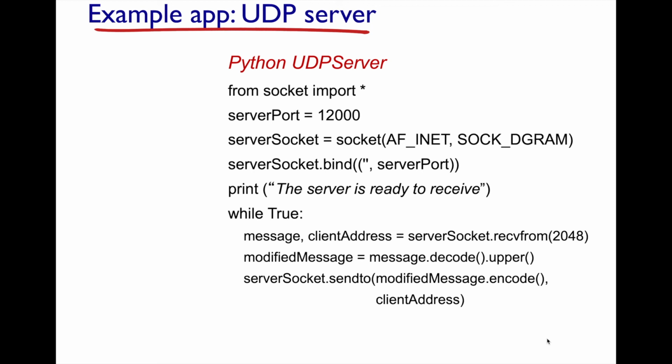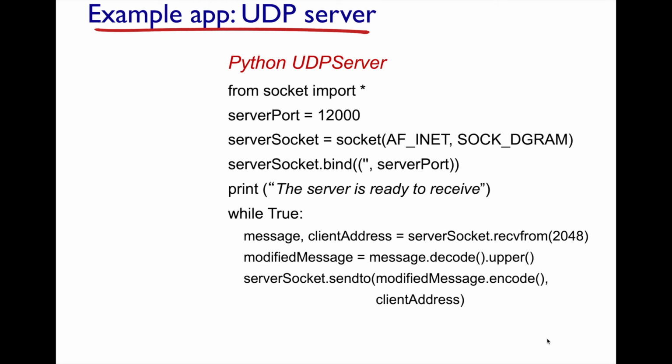Now the server, when it does recvfrom, it has two sockets that are in play. One's called the server socket, and you can kind of think of it as the welcome mat. It's waiting for someone to call or for someone to make a request. The connection request comes in, and when a connection request comes in, this server socket recvfrom, it's a blocking call. It unblocks, meaning it starts running once an incoming connection happens. And so the incoming connection happens, and you get a client address, and you get that message from the server socket. You do the work of turning it into uppercase, and then you encode that message and send it back down the server socket.